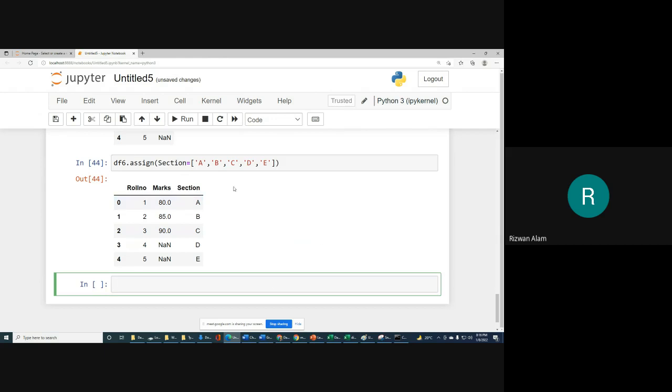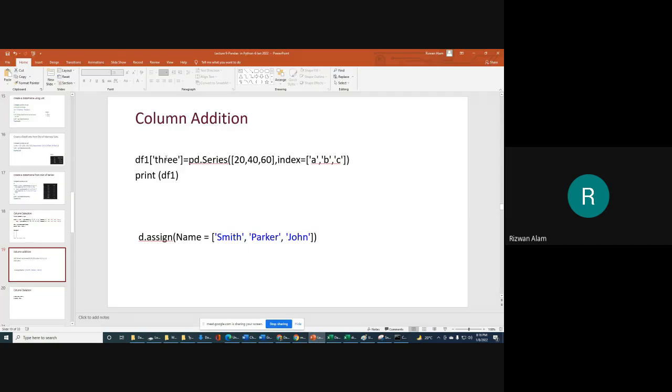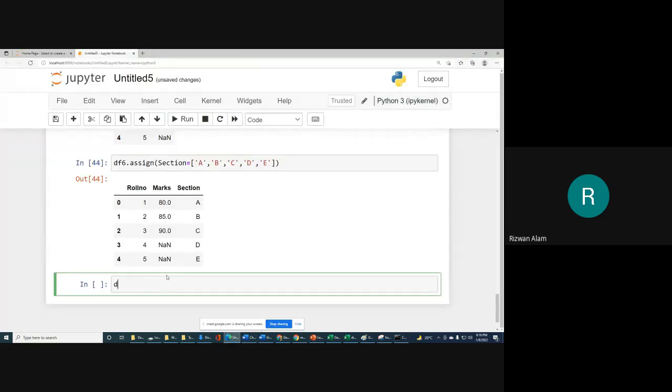So with the assign function we can add a new column, or you can assign a new column directly also. Let me show you, if you want to show df6, directly you can write that column name, because whatever you write in square brackets after the name of the data frame will be treated as a column name.